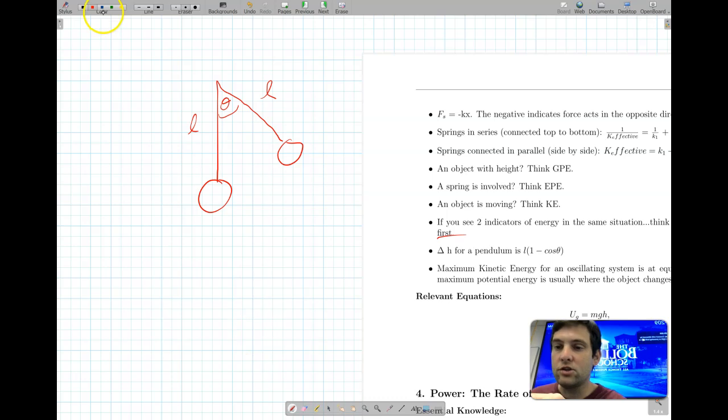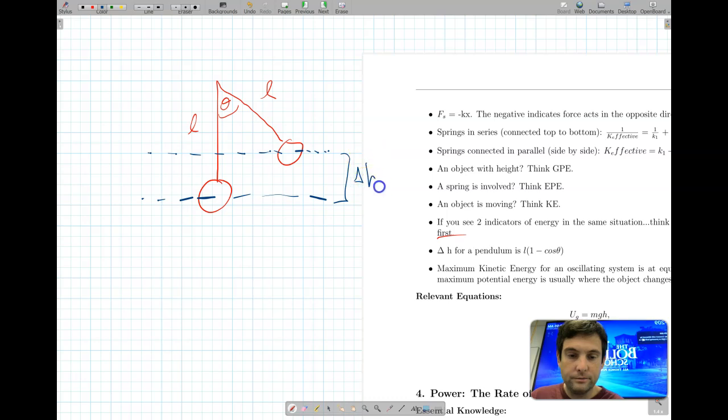So how much gravitational potential energy do we have? We would have to calculate this height, this change in height right here. To calculate that change in height, we say this y equals 0. I keep going back between y and h. You should know that they're interchangeable. If that's y equals 0, and we need to figure out how much height increased, so that way we can calculate our gravitational potential energy, then what we're going to do is,